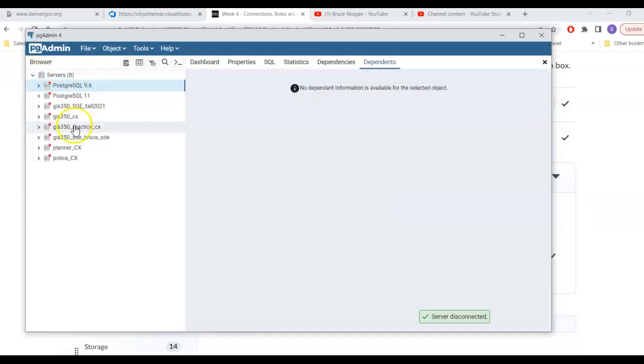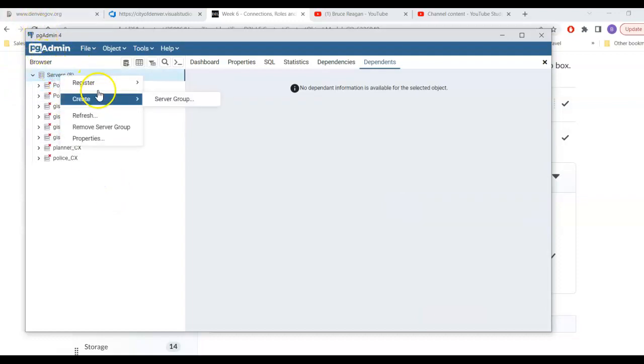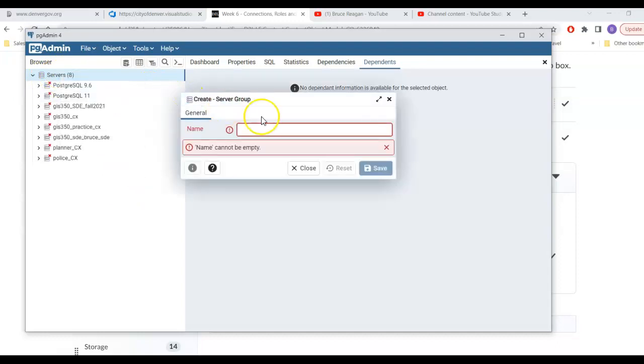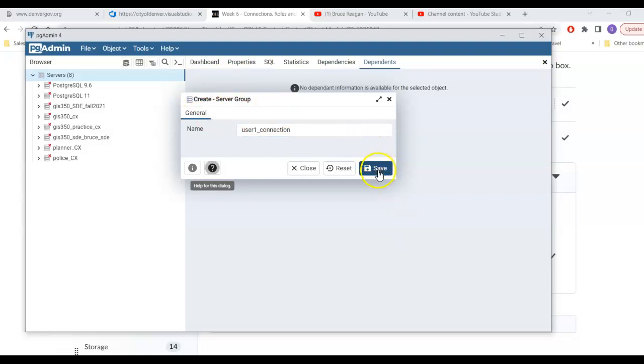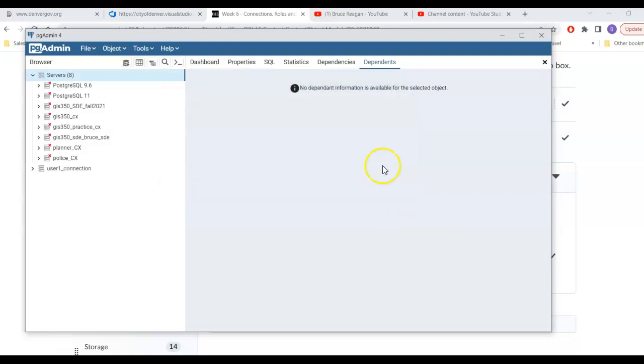And what we're going to do is create two more connections. They call them servers, and if you want to, you can do that. So let's do create, server group, user one connection, save. You know what? This is not right. Hold on a minute. Let me